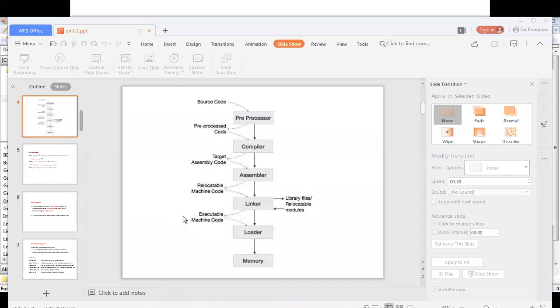This is the actual machine code which we want. We start with the source program, and finally we want this executable machine code. Only after the linker does the final executable machine code come into work. Clear?